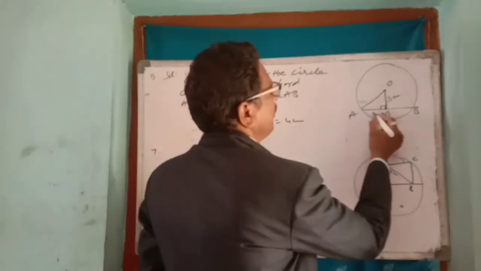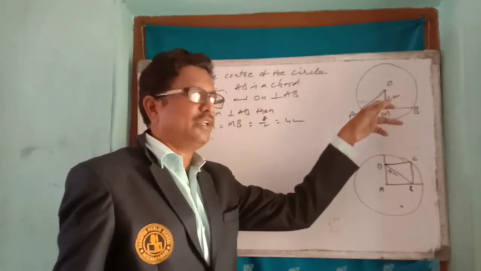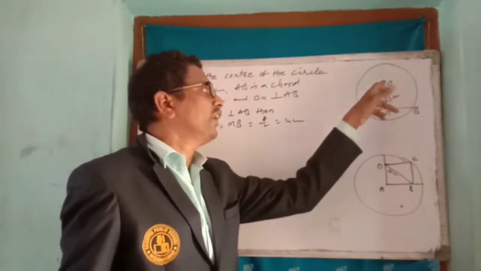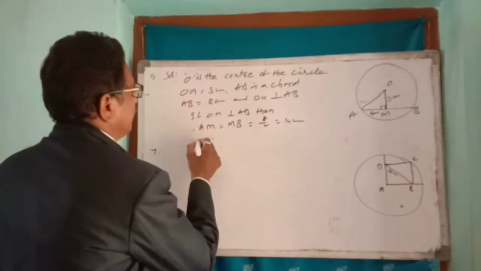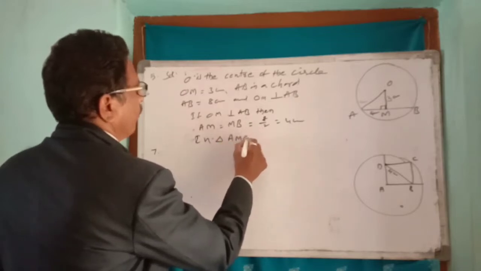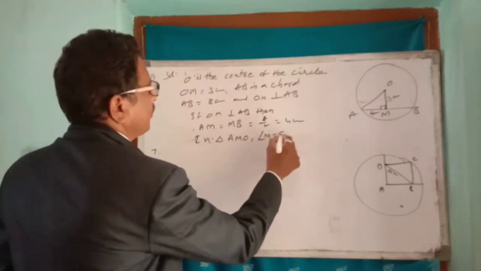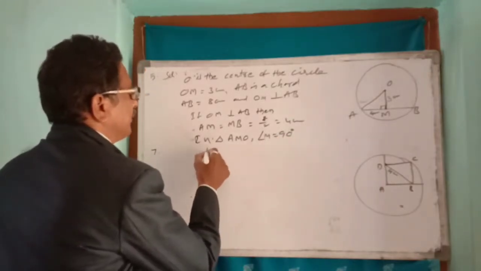AM is equal to how much here? 4 centimeters. And OM is also given as 3 centimeters. But now we have to find the radius OA. OA is equal to how much? Then in triangle AMO, angle M equals 90 degrees. Now, by Pythagoras theorem,